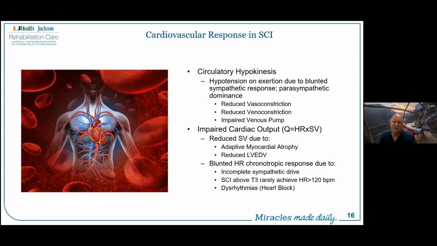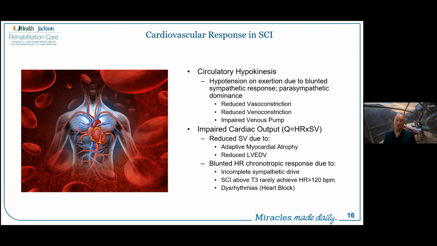reduced sympathetic tone is going to contribute to inferior vena caval dilation. So you have a lot more blood sitting essentially in stasis that's not returning to the heart. That's going to reduce the Frank-Starling mechanism. So with a reduced left ventricular end-diastolic volume, you're going to have a reduction in the contractility of the heart. And then on the other side of the system, the arterial side, we're going to talk about neurogenic orthostatic hypotension in a moment.